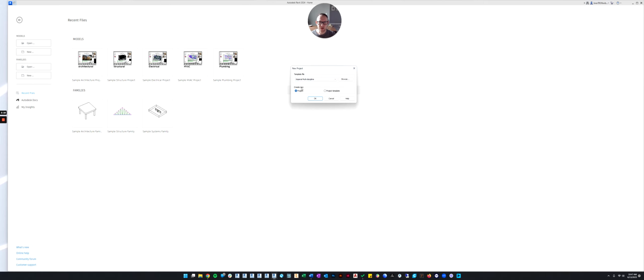And then we're trying to create a new project. We are not trying to create a new project template. So this is pretty crucial. A lot of students get this wrong and they click project template, and then when they save their project, it's the wrong file type. And then they send it to me to grade, and I take points off. So you need to get this right. So we're using a template file, but we're using it to create a project.